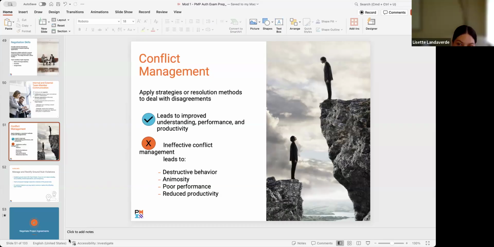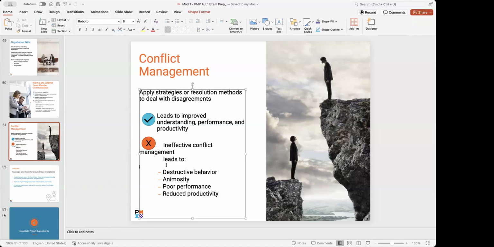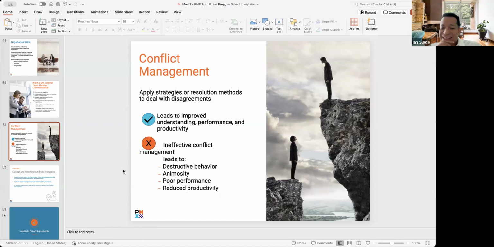Bad. That's right. There should be a third one, like really bad or don't even bother to manage at all. They rarely manage it, they create the conflict, right? Rarely do you see these